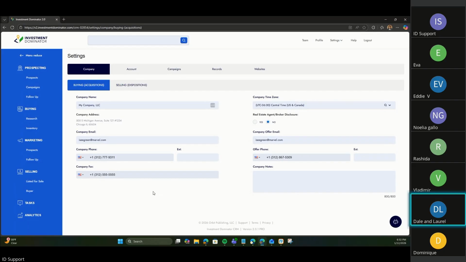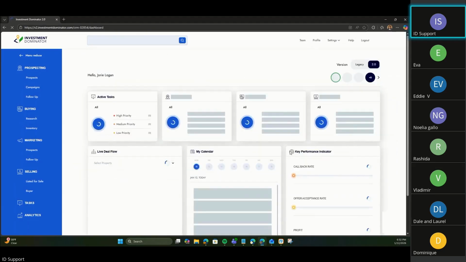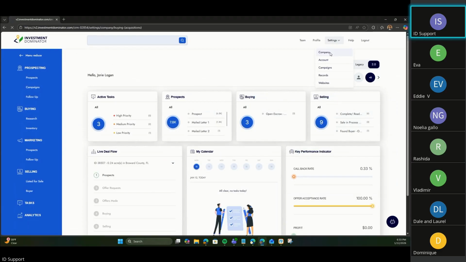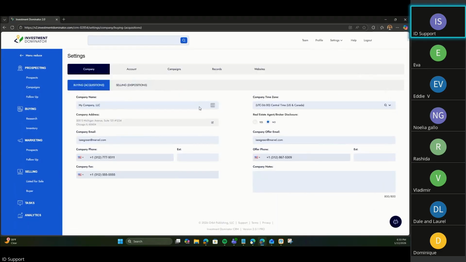Do you go to settings? Yeah. Since I can't have you share your screen in here, are you able to send us a ticket so that we can take a look at your account to see what may be happening? Because when you toggle over to 2.0, you should see the home page here. And if you go to settings, company, all of your information should populate.